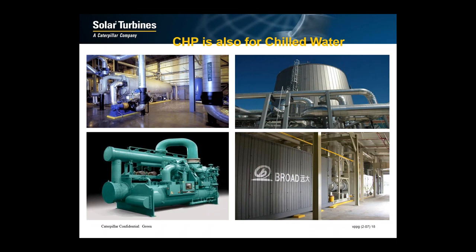But when you look onto the bottom left, that's a York steam turbine drive chiller. So projects that have a steam need in the wintertime for heating can change and use that steam to drive steam turbine drives, as opposed to using electric chillers during the summertime when power prices are higher. And one good thing about these projects as well is when you make chilled water,